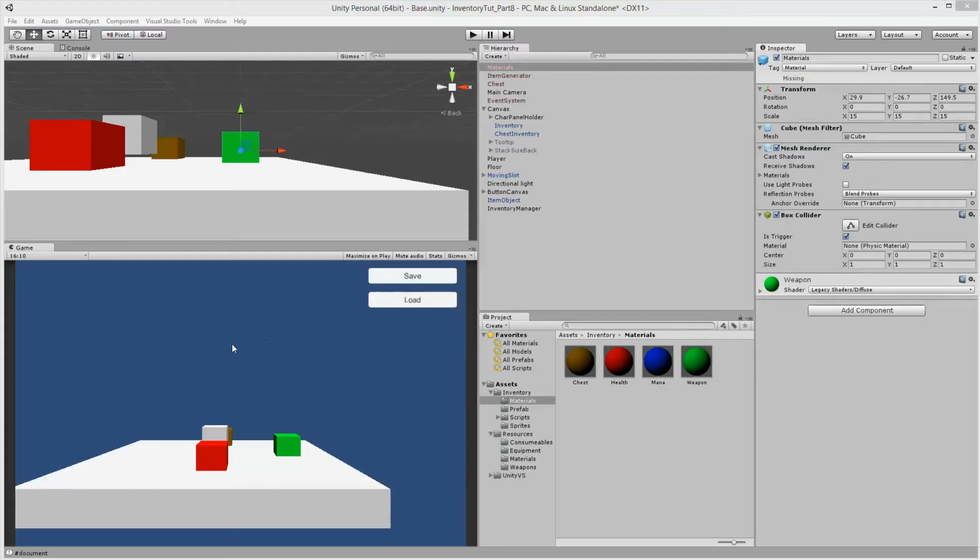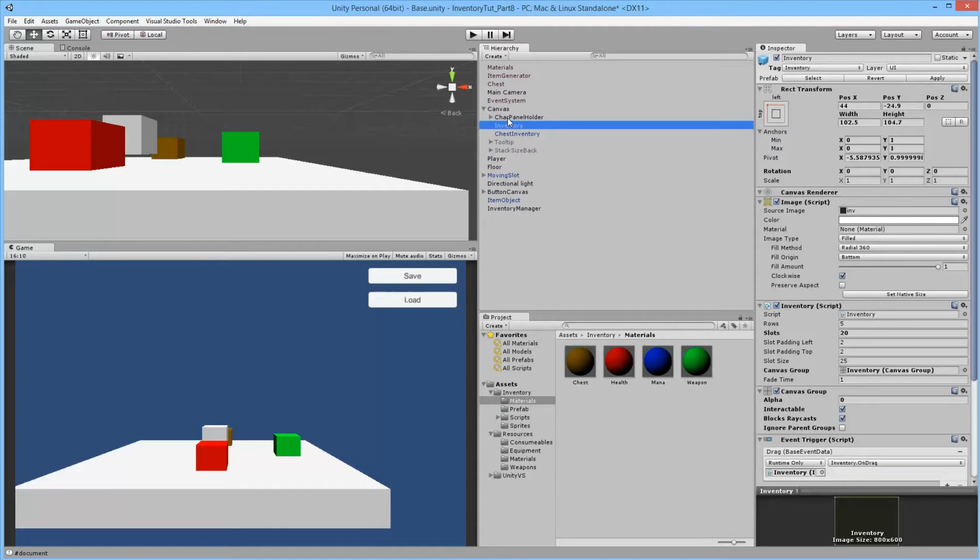So now that we have the materials, we can actually start creating the actual crafting bench. And it's going to have some of the same functionality as our inventory, but there are some things that should be a little different because we need to set it up in a different way when we create the slots, for example. But for now,